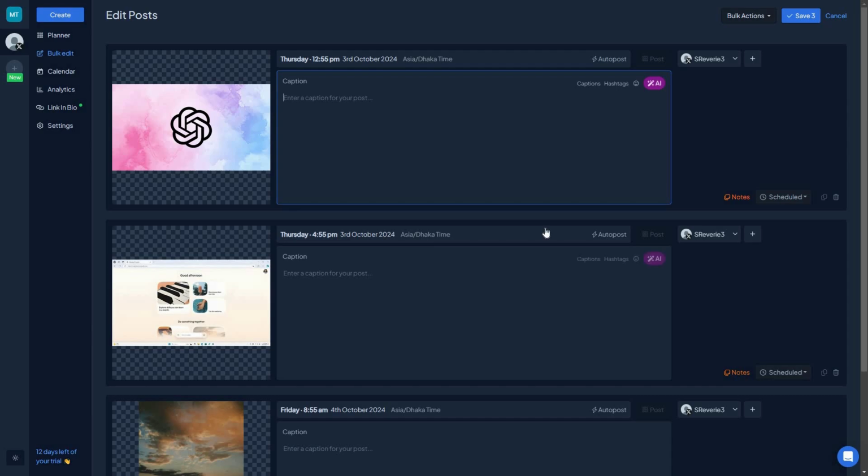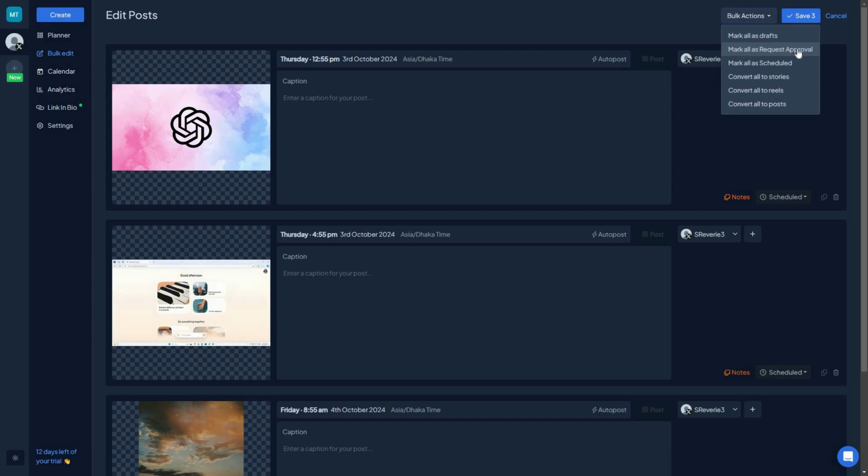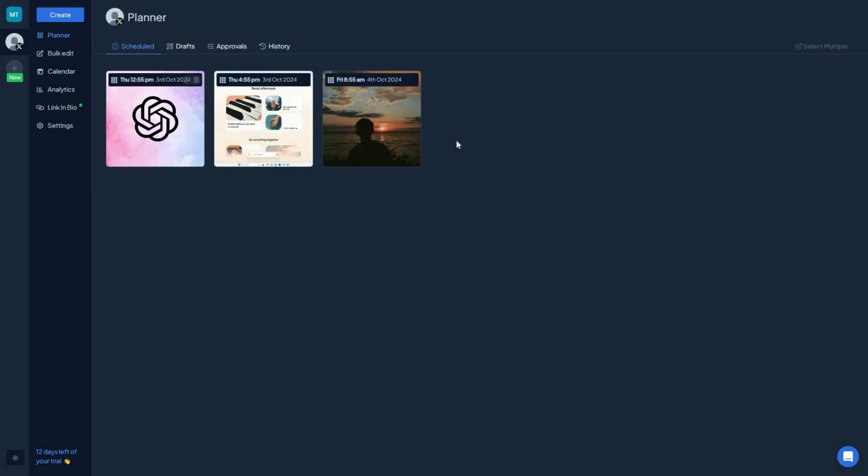And since I selected the bulk edit, I can also take some bulk actions, such as I can mark all as draft or mark all in the request approval section. I can convert all of them to stories or reels or post. So for example, if I want to convert all of them to post, let me show you what is going to happen. So as you can see now, all of the content has been converted into post